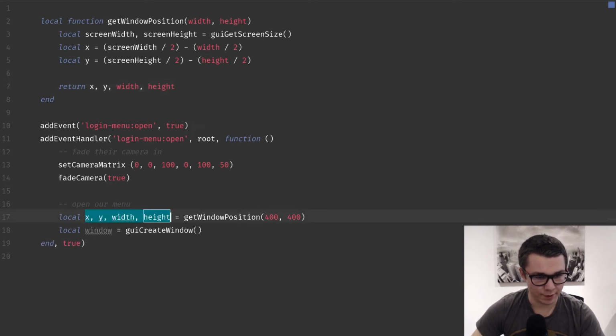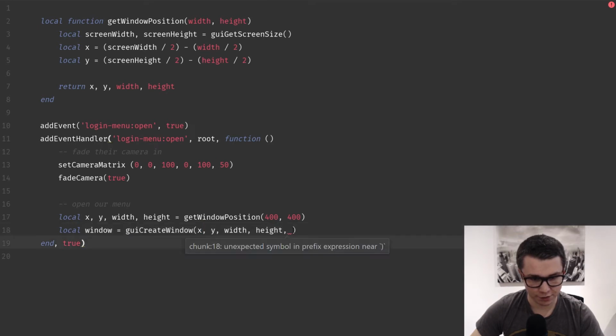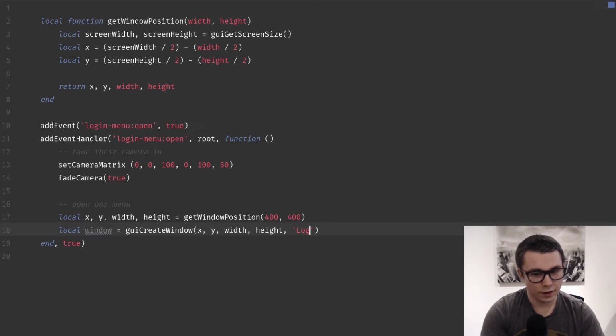And then we're just going to grab all of these and provide them as arguments to our guiCreateWindow. So we are specifying that we want it to be in the center of our screen. And we're going to call it login to our server. So this is the title that's going to appear at the top of the GUI. And then finally, we need to put false here, which is going to tell it that we do not want it to be